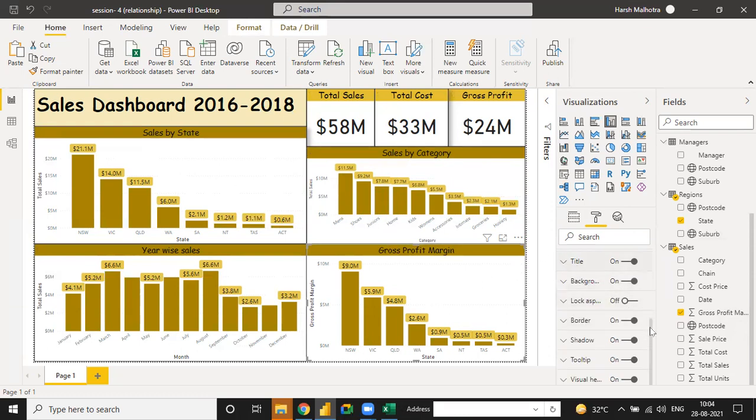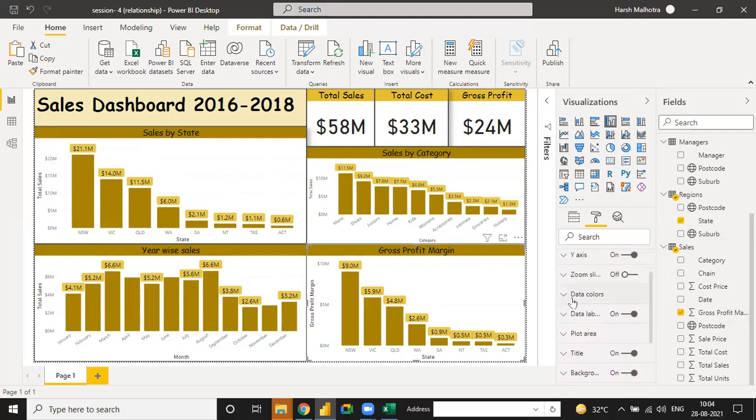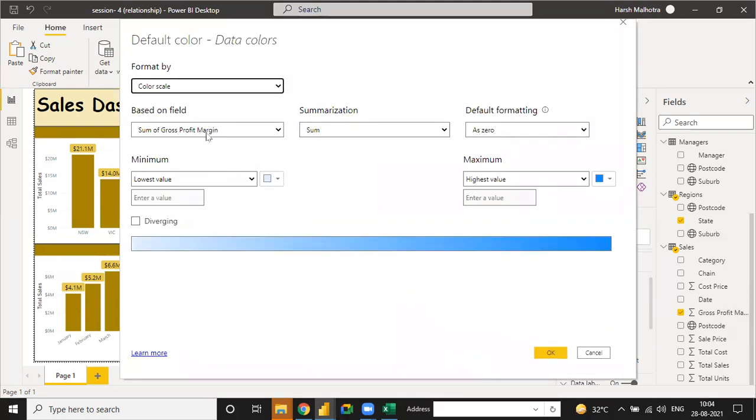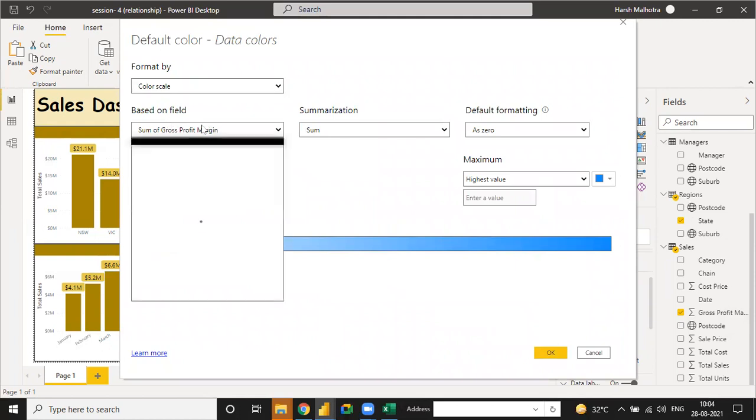Okay, data color for opening this color. See, the sum of gross profit margin, sum as a 0.